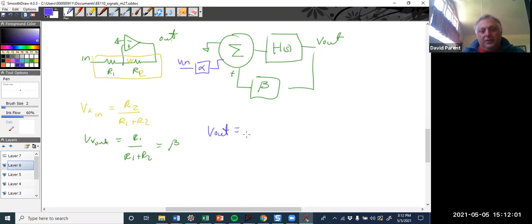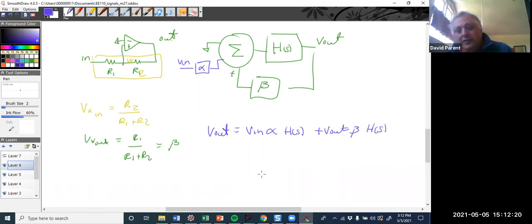V out equals V in alpha H of S, right? But it's also equal to V out times beta times H of S. And when we find the transfer function of that, okay, we get